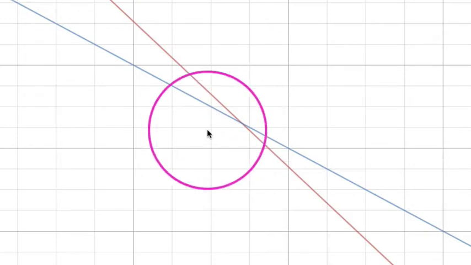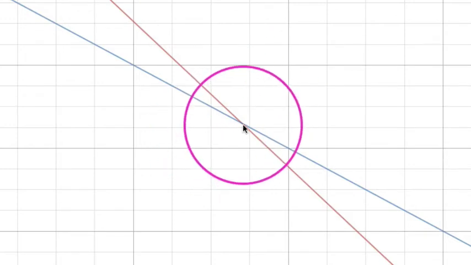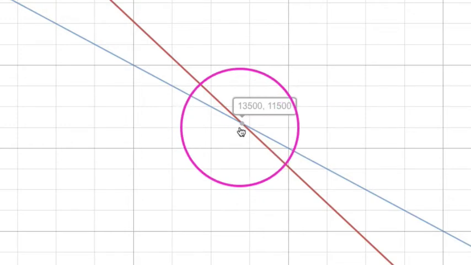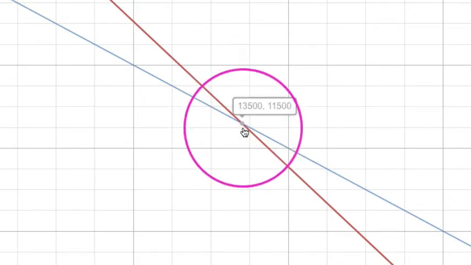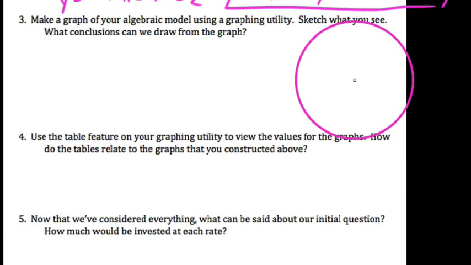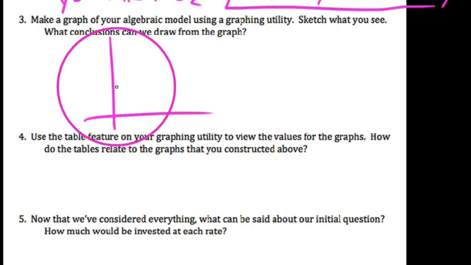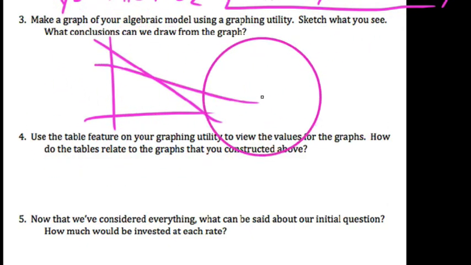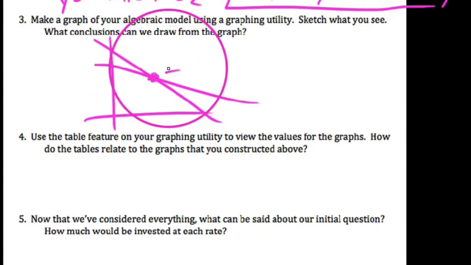What we want to do is satisfy both simultaneously. So what point on the graph would be significant here? I would say it would have to be this point that they both have in their solution sets: 13,500, comma 11,500. So sketch what we see. What conclusions can we draw? Well, essentially, from a graphing utility we had something that looks like this, but when we draw in this point right here,